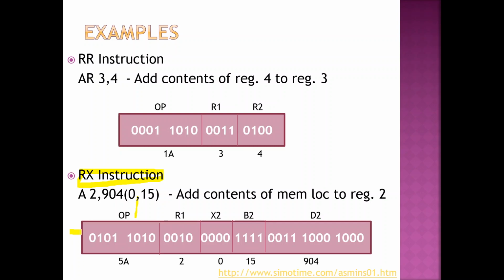So what I'm going to do is, the first time my relative address should be 904 and it should fetch the first data. The second time it should become 908 and fetch the second data. The third time it should become 912 and fetch the third data, and so on. So that is the requirement for that particular program.